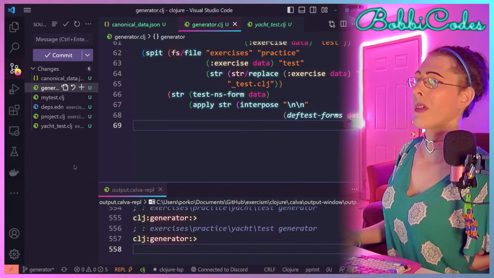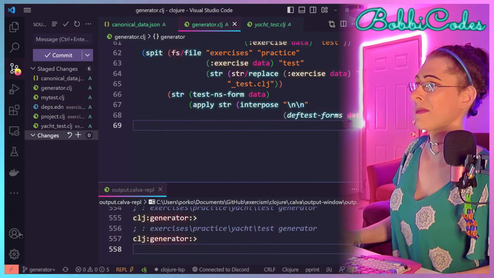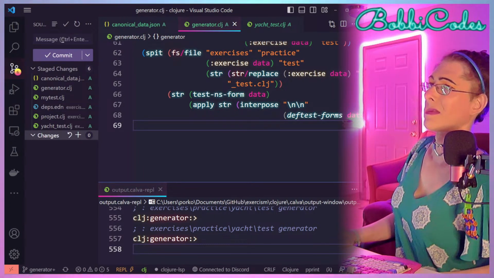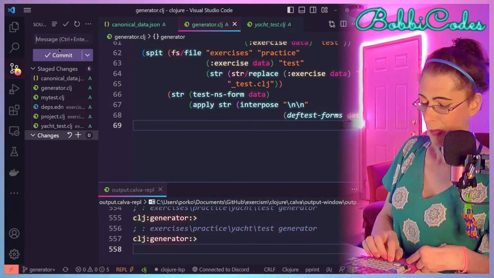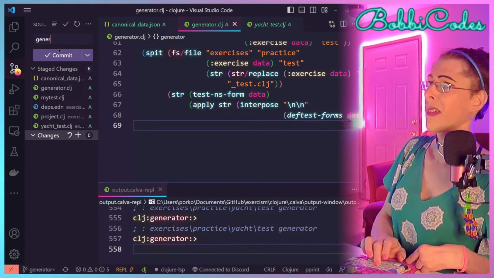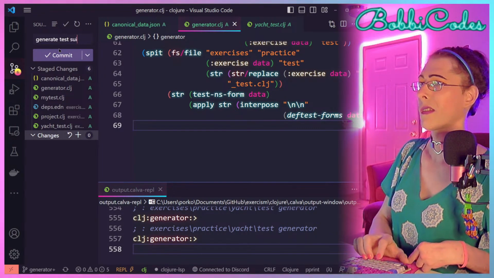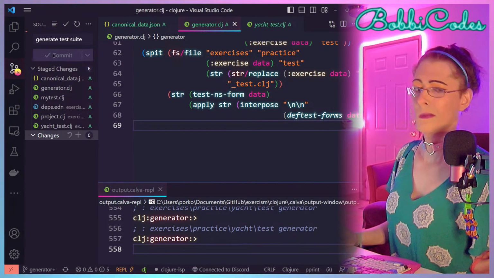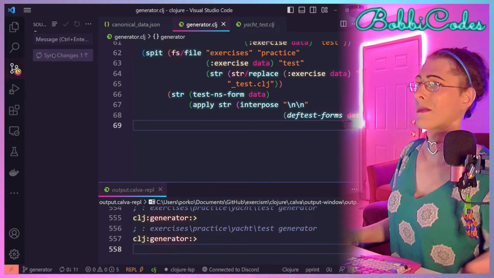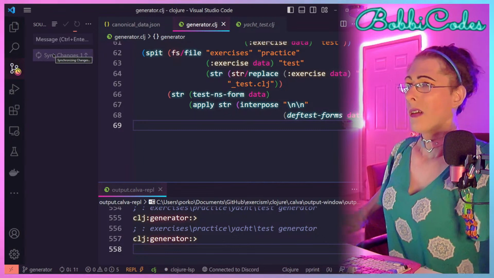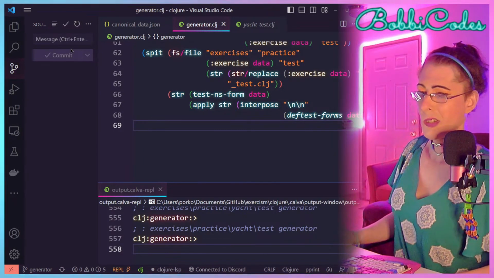And what I'll do is stage all the changes. And we'll say, generate test suite. Alright, so now it does not only exist on my machine.